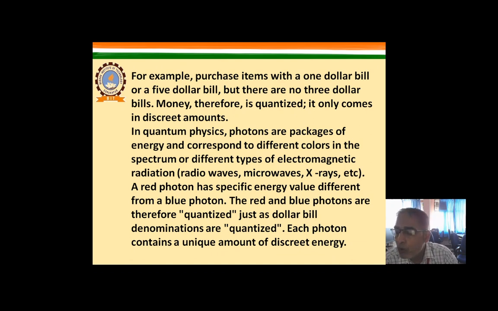And what is Bohr's theory? Bohr's theory says electron revolves around the nucleus in orbits and motion is restricted in such a manner so that angular momentum is quantized. According to Bohr, mvr is equal to nh by 2 pi, where n is equal to 1, 2, 3 and so on. For example,